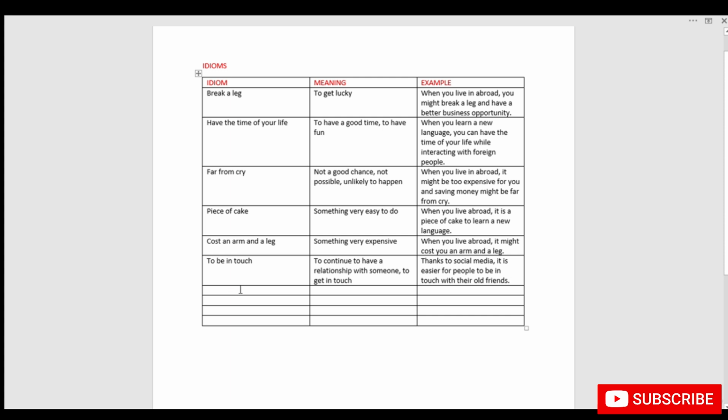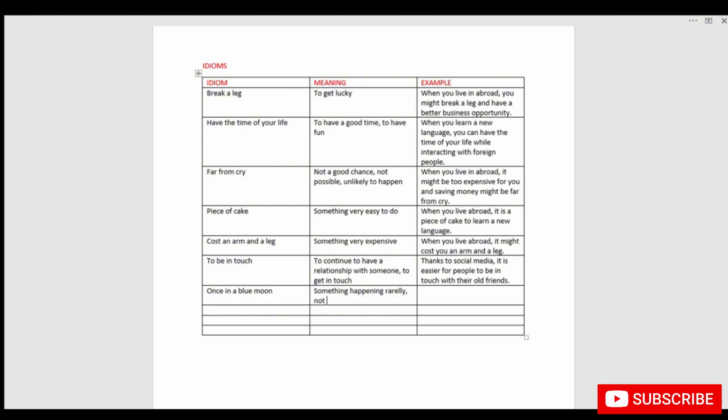And our next one is once in a blue moon. It means that something is happening rarely or not often. So it doesn't happen all the time, it happens rarely. So I say, eating fast food once in a blue moon isn't that much harmful, but we shouldn't consume it